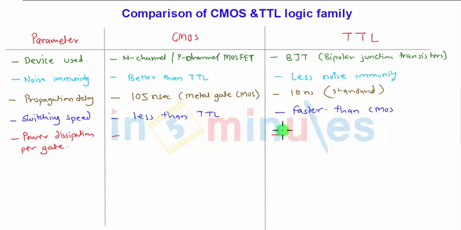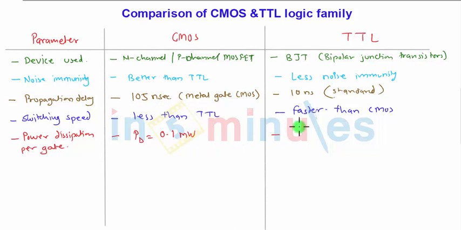You can easily implement any of the gates with both of the logic families, but power dissipation is going to be a major factor because most of the semiconductor devices are working on DC batteries, and if the power drain is more, then the battery drain is very high and frequent replacement of the batteries will be required. So power dissipation PD is particularly 0.1 milliwatt per gate,